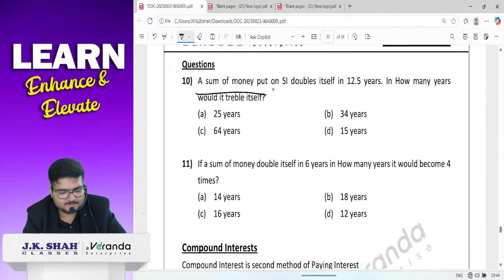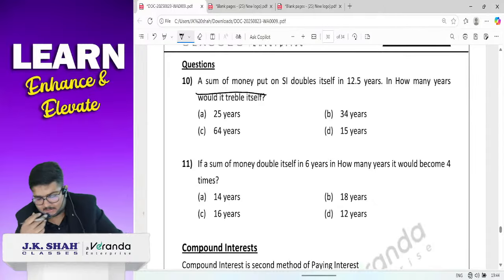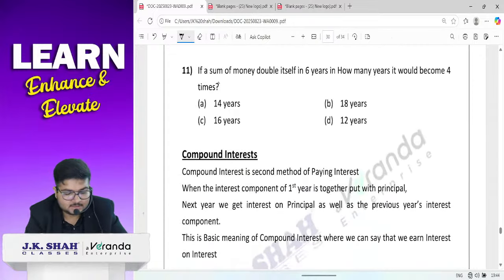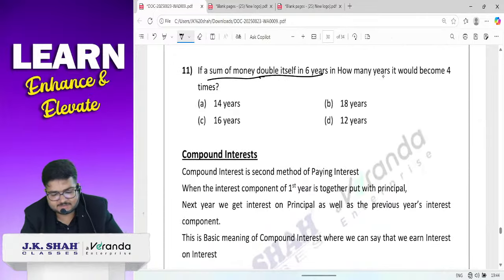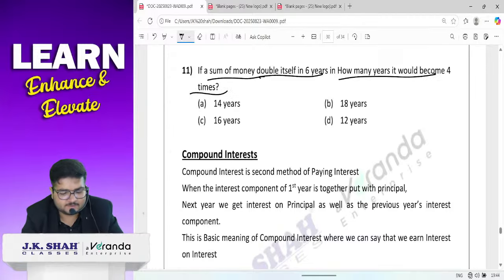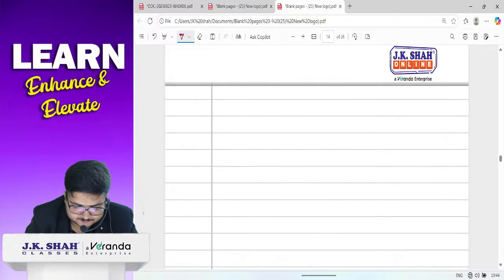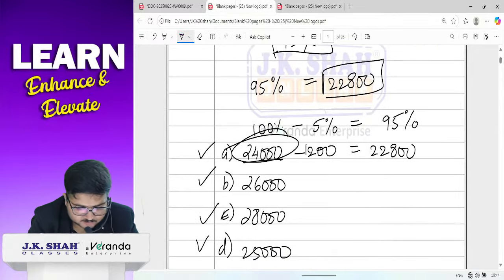Now here comes a different type of question. First we will do this question, the 11th question, then we will do the 10th question. A sum of money doubles itself in 6 years. In how many years will it become 4 times? For this I have given you a formula. What is the formula? So the formula is